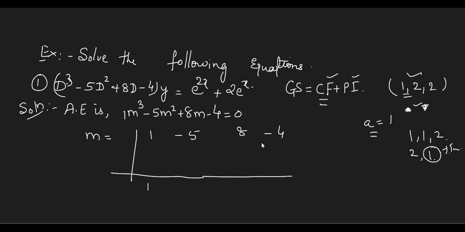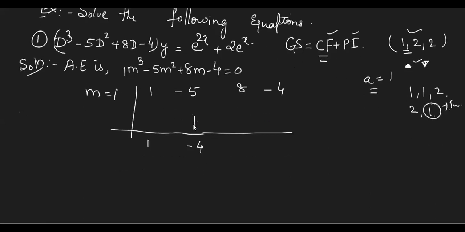Now, this answer you are aware of, but show it by synthetic division so that the examiner, who you don't know is going to evaluate, shouldn't cut your marks. Okay, so you can take 1. So 1 into 1 is 1. How much is minus 5 plus 1? You people should answer. Minus 4 into 1. 8 minus 4, minus 4. Yeah, 4 ones are 4.